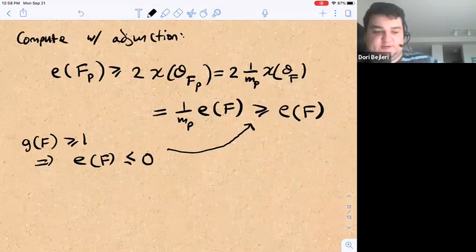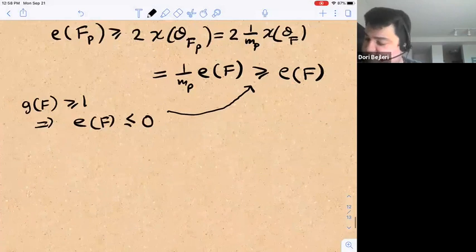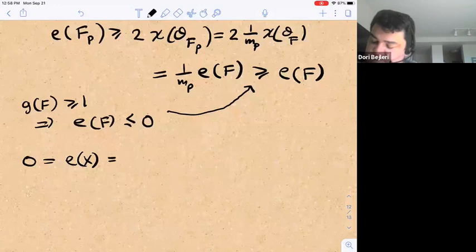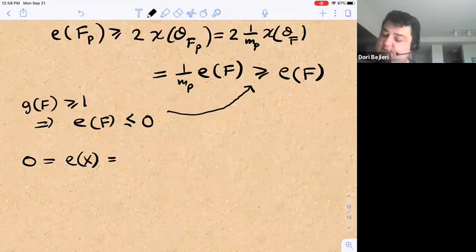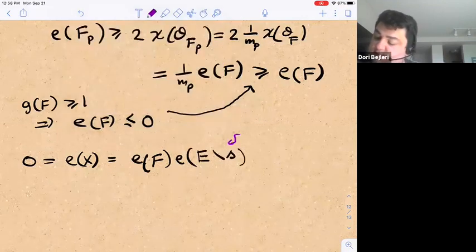And now we use some properties of topological Euler characteristics to compute the topological Euler characteristic of X. On the one hand, by Noether's formula, we already saw that E of X is 0 under our numerical conditions. On the other hand, we can compute the Euler characteristic by cutting it up according to this Albanese morphism. So we can write it as the Euler characteristic of the general fiber times the locus where the morphism is smooth, so E minus delta, where delta is the discriminant